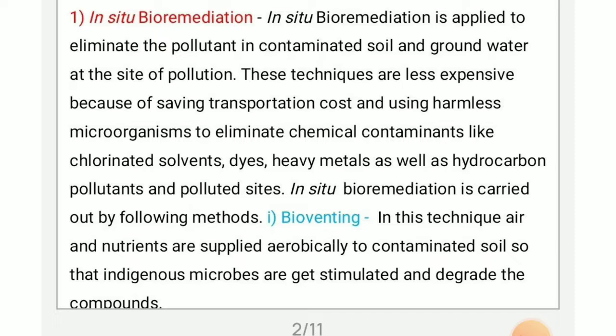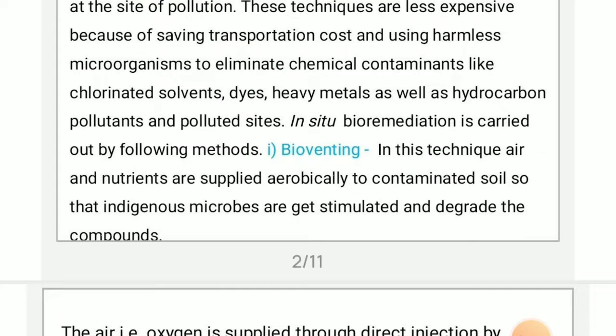In this technique, the air and the nutrients are supplied aerobically to contaminated soil so that the indigenous microbes get stimulated and degrade the component. So in bioventing, the air is passed, due to which the microbes which are present within that soil, or which enter the groundwater or the water body, such as a river, if that water is polluted by any type of heavy metals or toxic or hazardous chemicals,